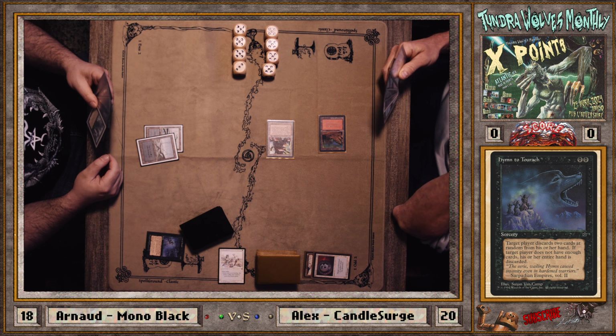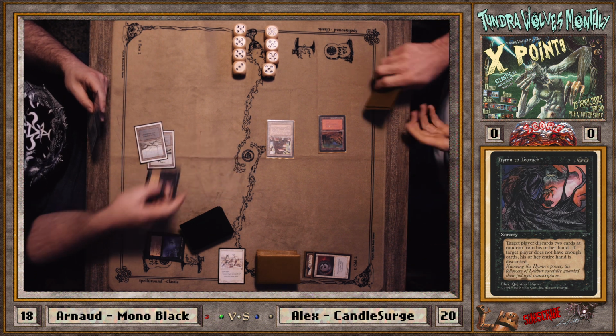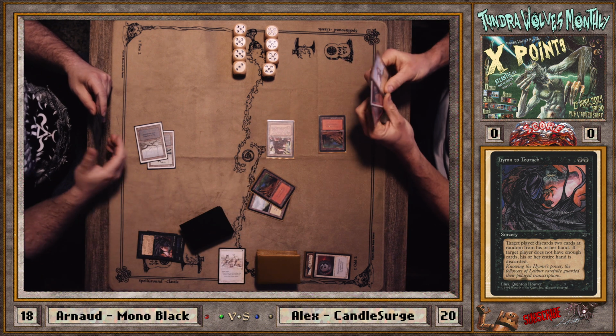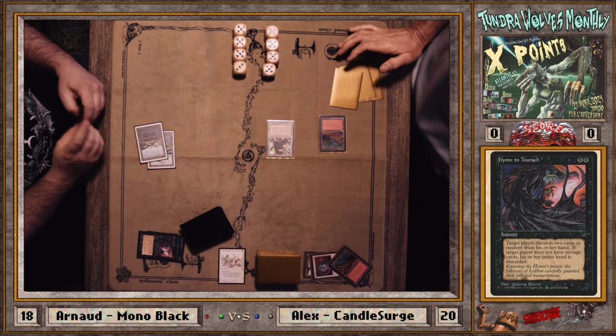So, Arnaud has to be pretty happy with what just happened. Discarding a tome, which is hard for him to deal with, and then your opponent doesn't do anything except for attack. That's pretty good, right? That's like a double time walk, or like a 1.5 time walk. And I follow up Hymn too. Yeah. Hits a land and